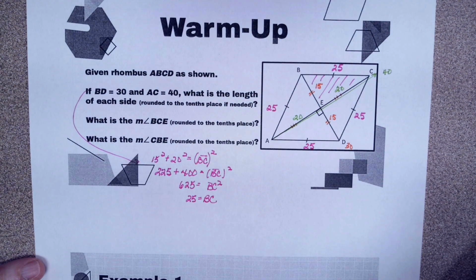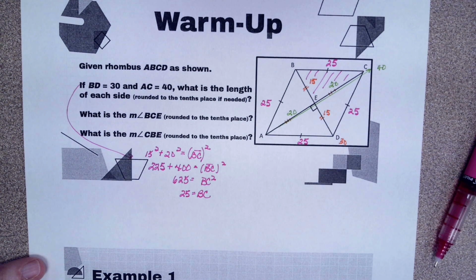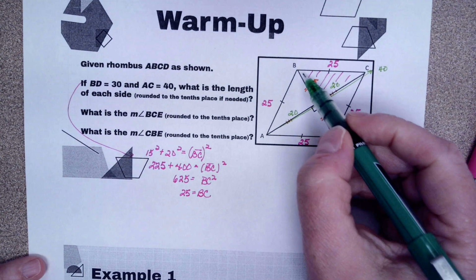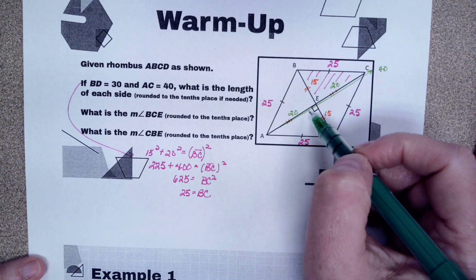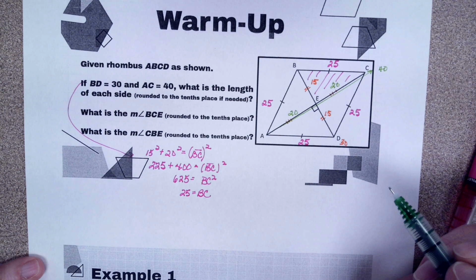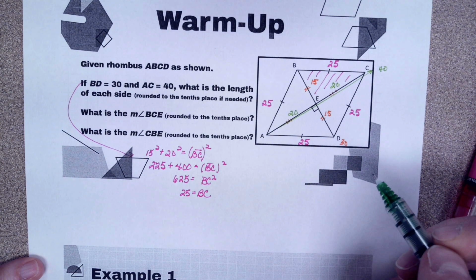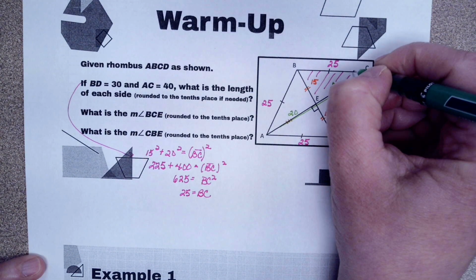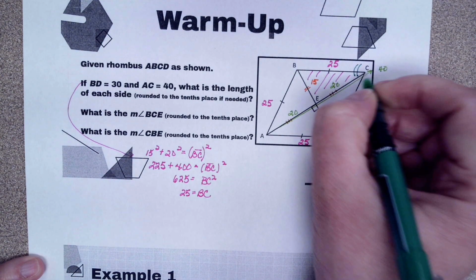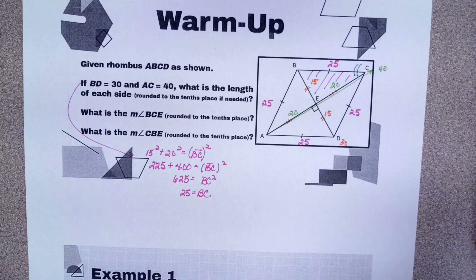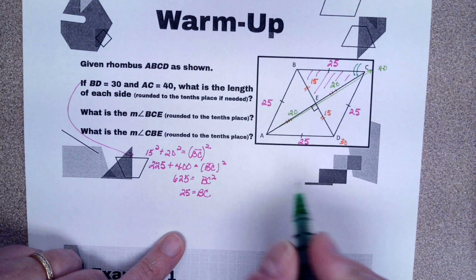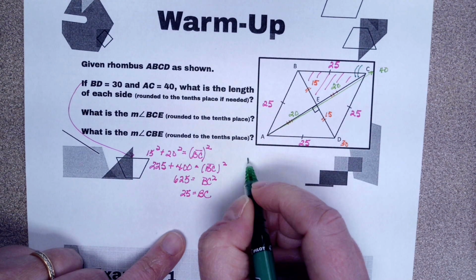Okay, then our next question, we are supposed to figure out the measure of angle BCE. Well, if this were a square, that'd be pretty easy, but it's not a square. So somehow I've got to figure out this angle up here. Now again, the rhombus isn't going to help me. I don't know anything about that, but I do see a triangle. So if I go ahead and break this out,